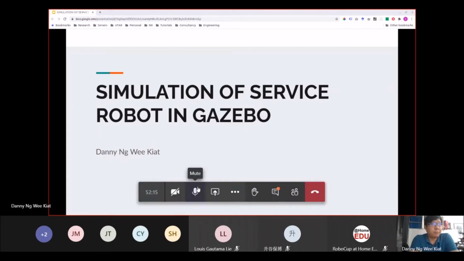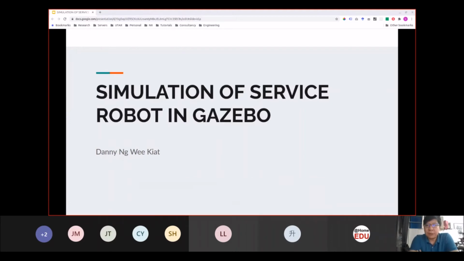In the slides later on, you will see that we built physical robots for the at home category itself. But due to the virus, we also started the simulation part for the robot. So now, let me just start this.